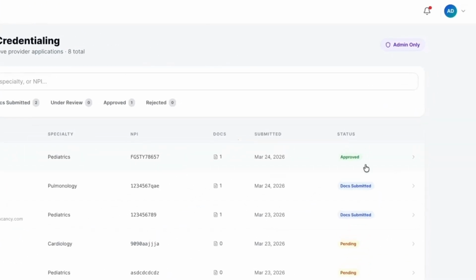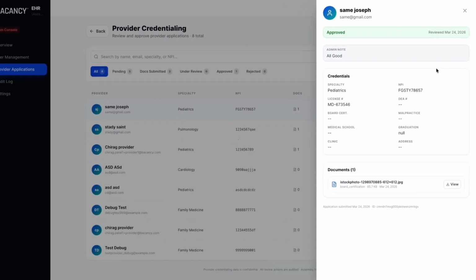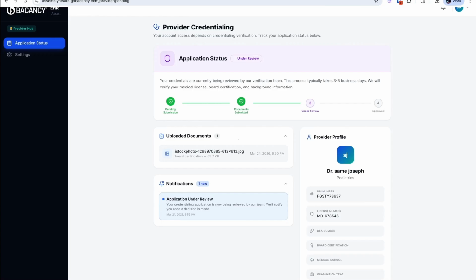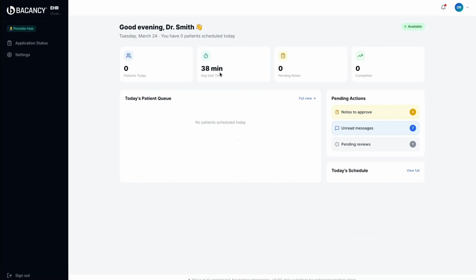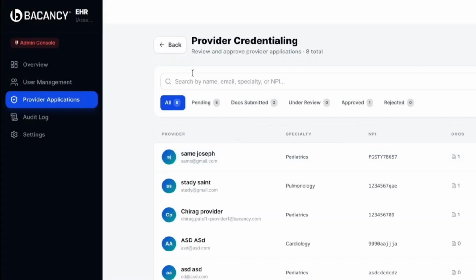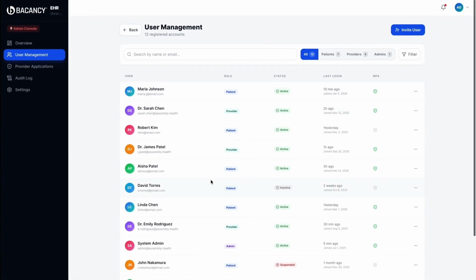You see the updated status in the Provider Hub, confirming that your credentialing has been approved and your account is now active. You land on the Provider Dashboard, where you can view your daily schedule, patient queue, and pending actions at a glance. You return to the Admin Console's User Management section to manage roles and account statuses for various